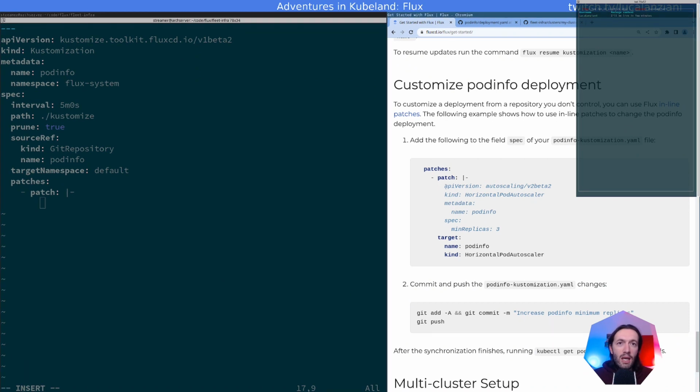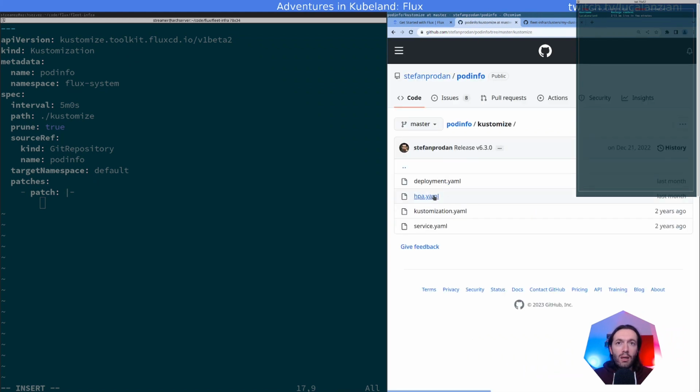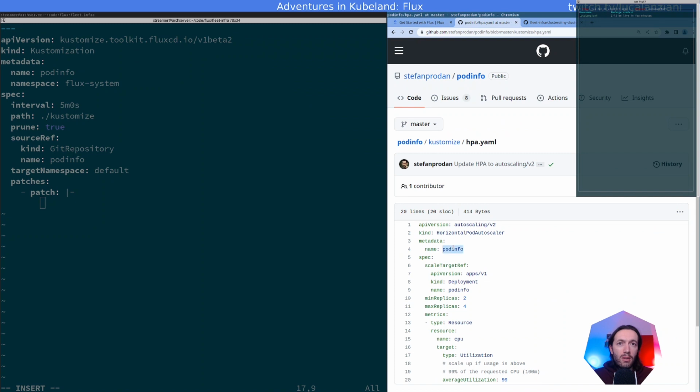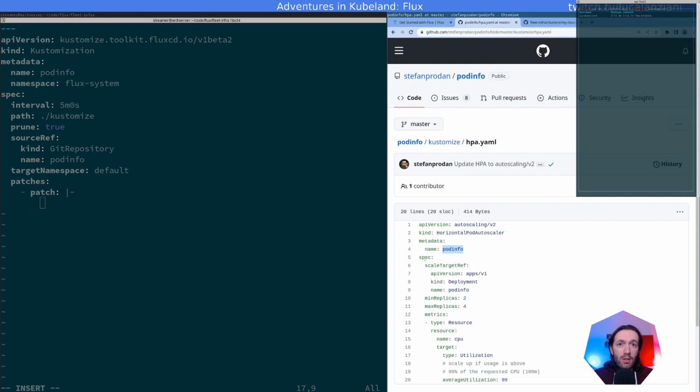It's going to tell you, take the horizontal autoscaler from the manifest that we're loading, and the target is here. Target the horizontal autoscaler named podinfo, that is the one that is in here. Kind horizontal autoscaler, name podinfo. You can see that those two match. And patch it, and this is a merge patch, so it's actually merging the two. What's going to happen is that it's going to go to the spec and change the min replicas to